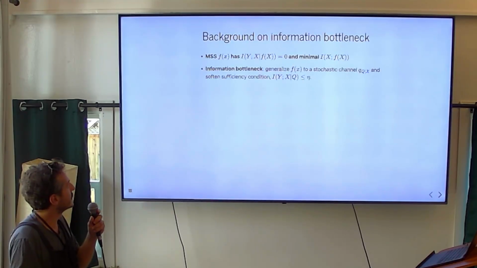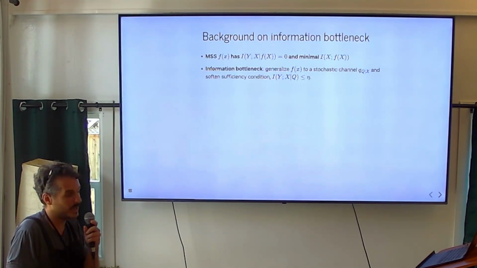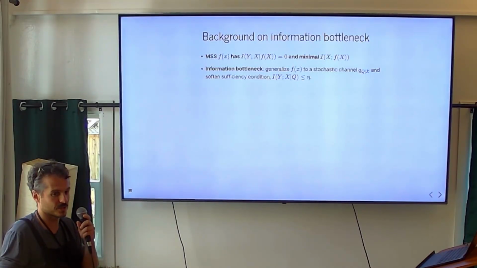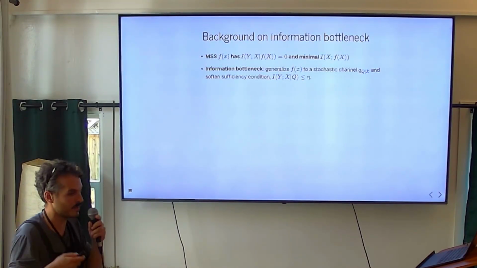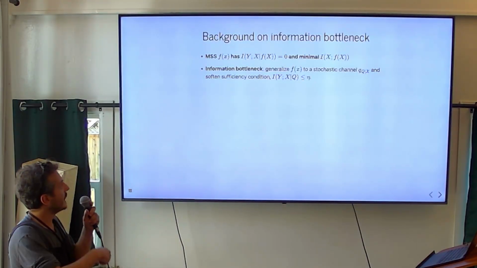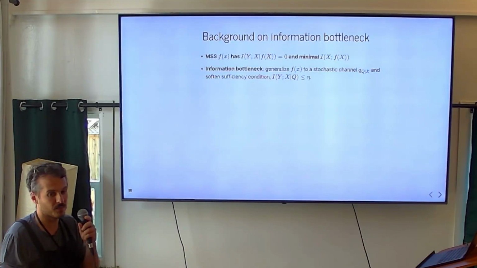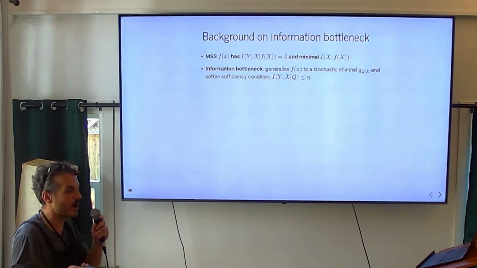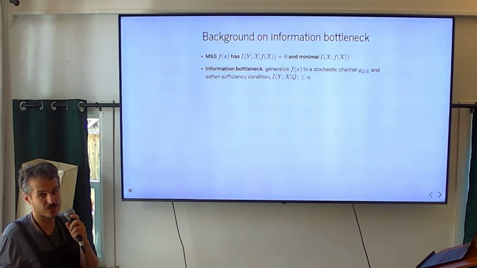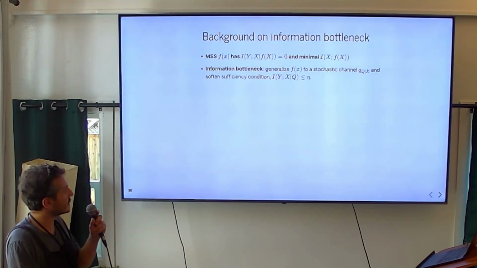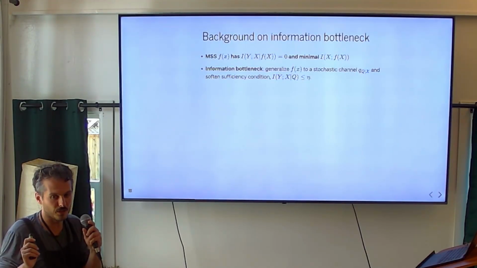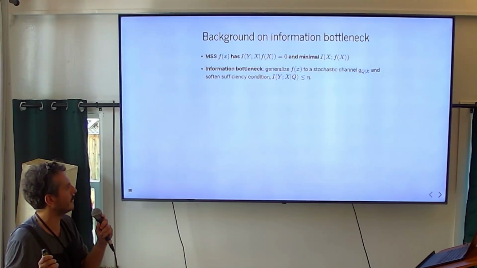And the idea behind the information bottleneck is that, first of all, instead of thinking about deterministic functions, which is at best a combinatorially huge space, let's think about stochastic channels from X, the thing we want to compress, to Q. I'm going to use Q as what's sometimes called the bottleneck variable. It's our representation of the compressed information in X that's relevant for Y. And we're also going to soften the condition of sufficiency. We don't need total conditional independence, but we allow a little bit of eta.